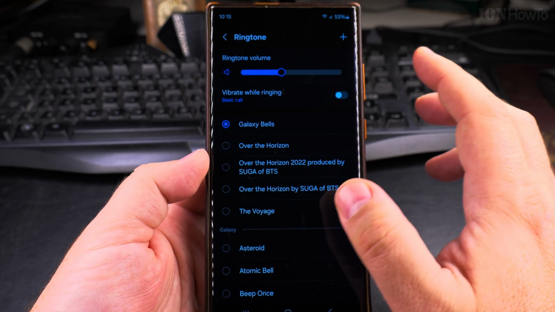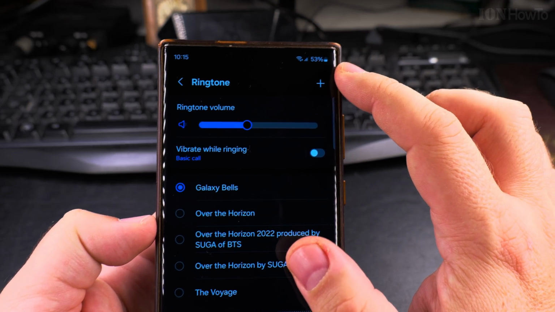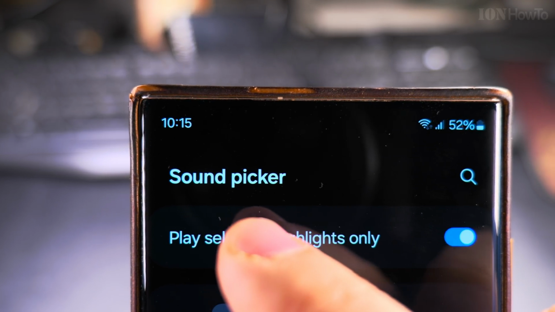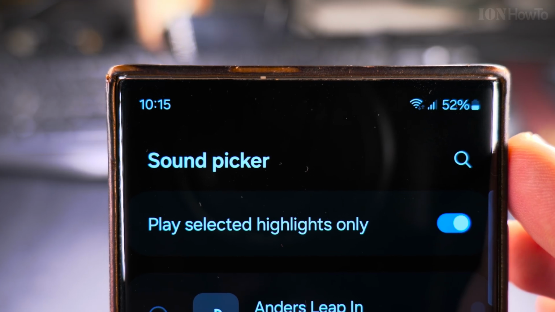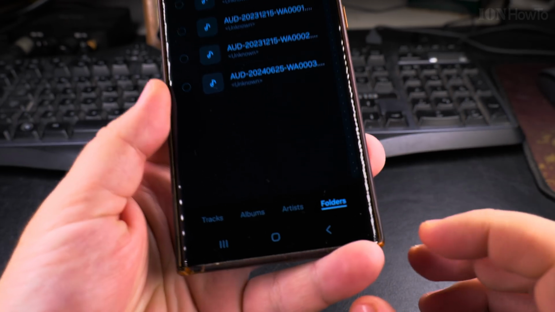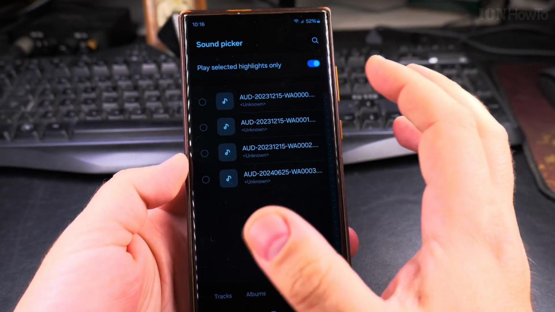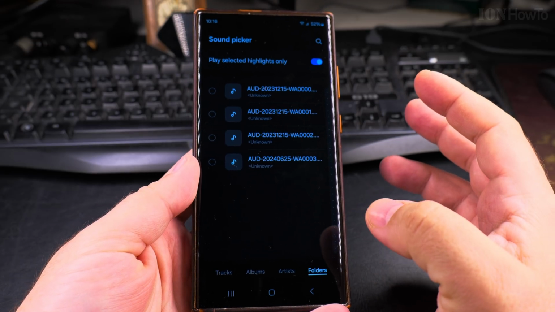the original one, and I want to show you that you can use the plus here, this plus here in the corner, and you can use the sound picker to choose any file from your phone as a ringtone. You can use any file from your phone as a ringtone. You can go to folders here below and then browse to the folder you want. You can go into the downloads file, the